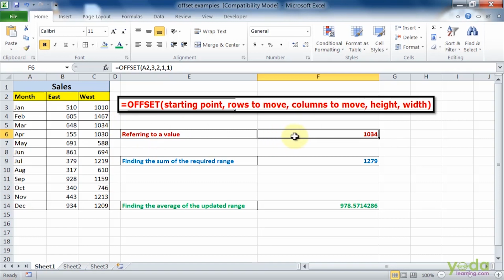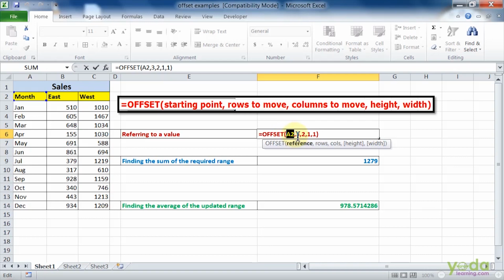So here I have an example for you. If I select F2, it will display the formula here. The specific cell reference from where I need to move is A2. So when I click on A2, I want it to move 3 rows below and 2 columns ahead.